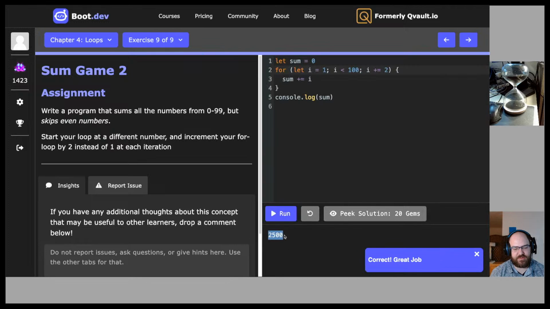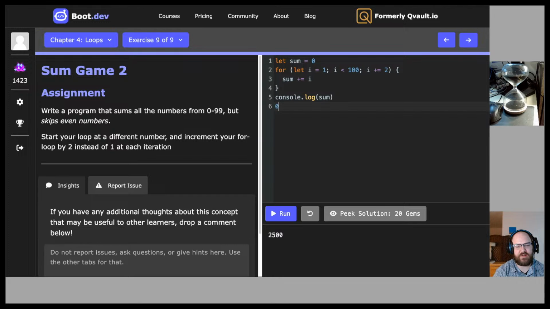Huh, interesting, the number is 2500. I feel like that's not a coincidence. Right? Because if we did the numbers 0 through 100, I've seen this proof elsewhere. You can like 0, 1, 2, 3,